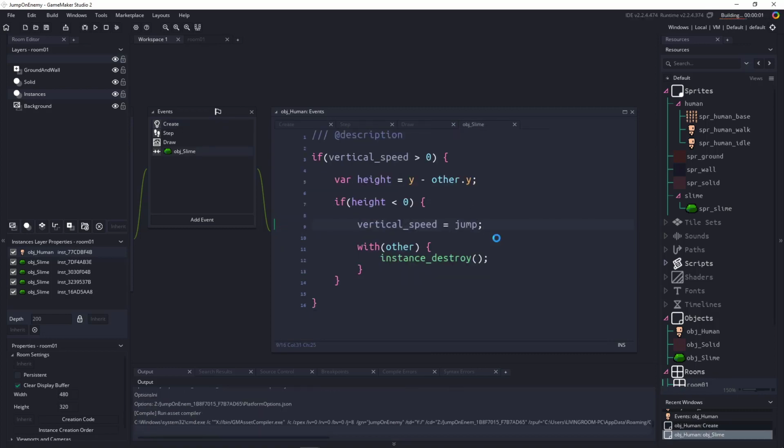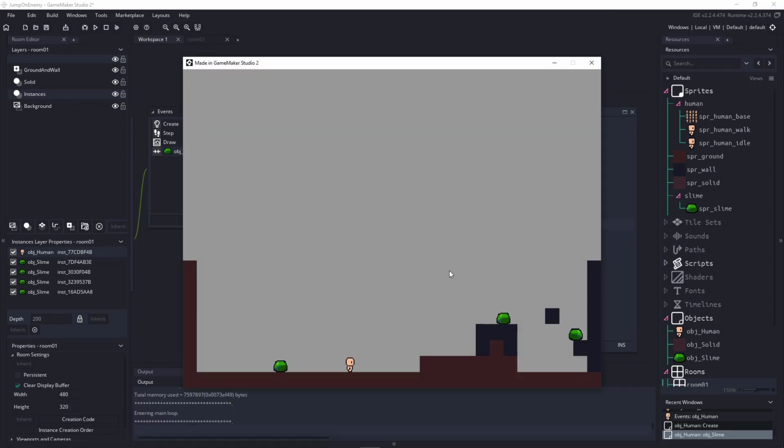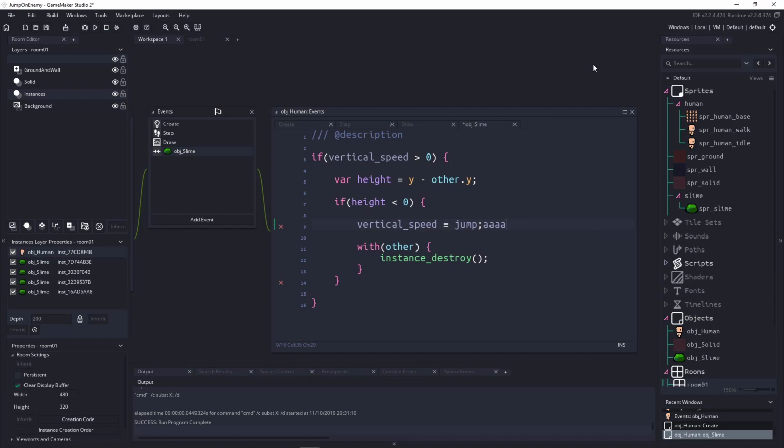So anytime I jump on one of these slimes, I'll try and make it, I hit that first guy, and anytime I jump on him, I bounce back up without actually jumping there. So if I can get this guy, bounce, bounce. And there we go. Pretty simple, pretty straightforward. And I think it's very easy to understand. And that is the entire code that we would need in order to jump on an enemy and kill them.